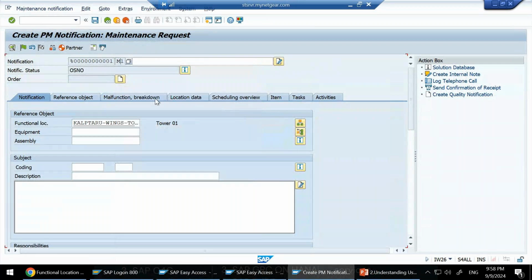So here the system has automatically taken the function location, that we need some maintenance here in the tower. Let's say there is a requirement of external paint. This is basically one general maintenance, this is not a report. But still I'm just saying here requirement of external paint. And here in coding, you can select